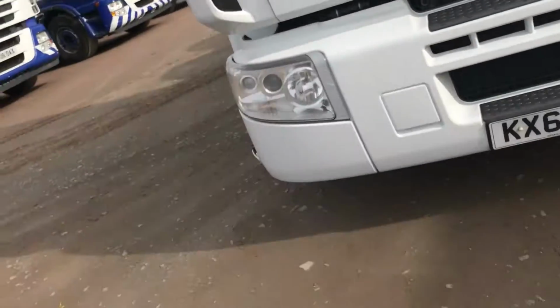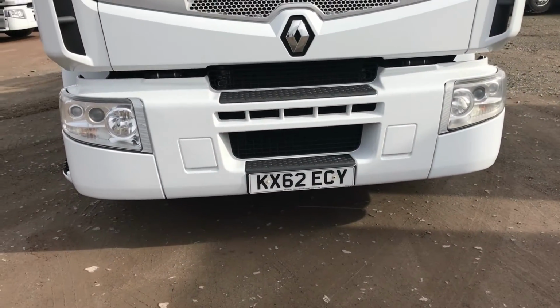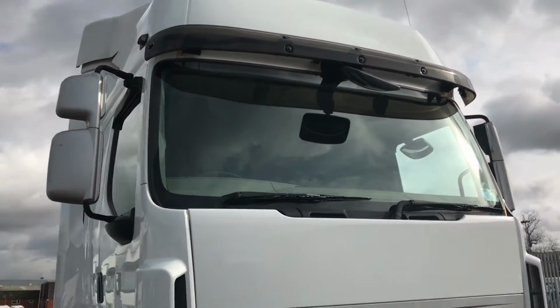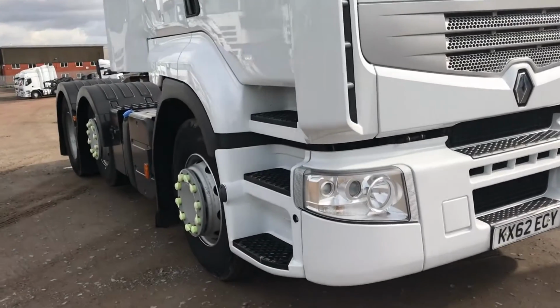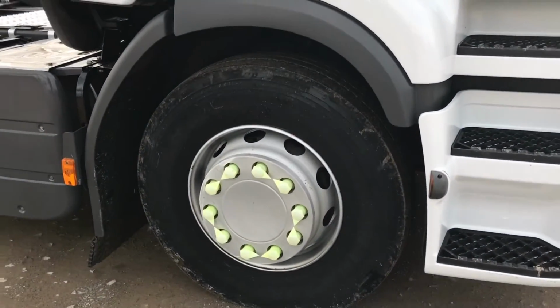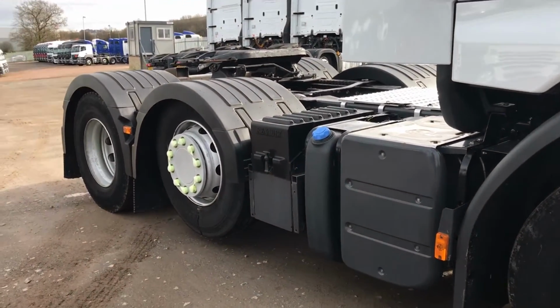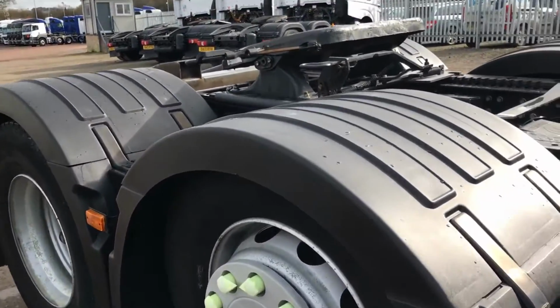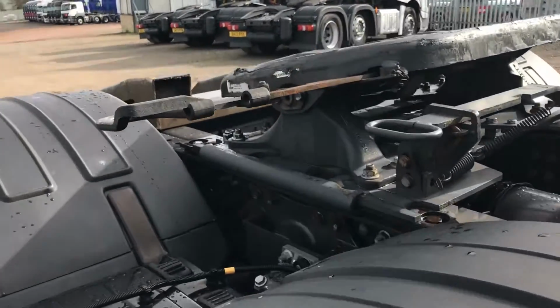I'm in sales at Fleetex, and today we'd like to show you around a 2012 62 Reg Renault Premium Tractor unit. Vehicle registration number KX62ECY. This is a 460 DXI Euro 5 tractor unit fitted with a 12-speed Volvo I-Shift semi-automatic gearbox. It's a 6x2 mid-lift configuration, air suspension to the drive axle, 3-piece rear wings, Fontaine sliding fifth wheel with run-up ramps,